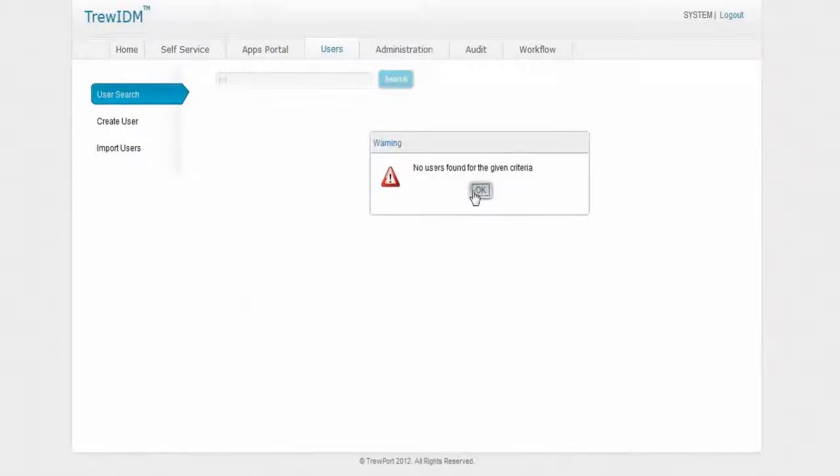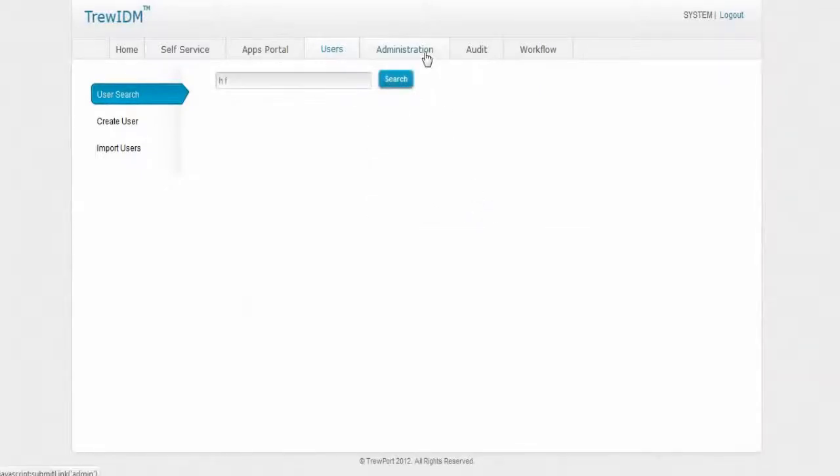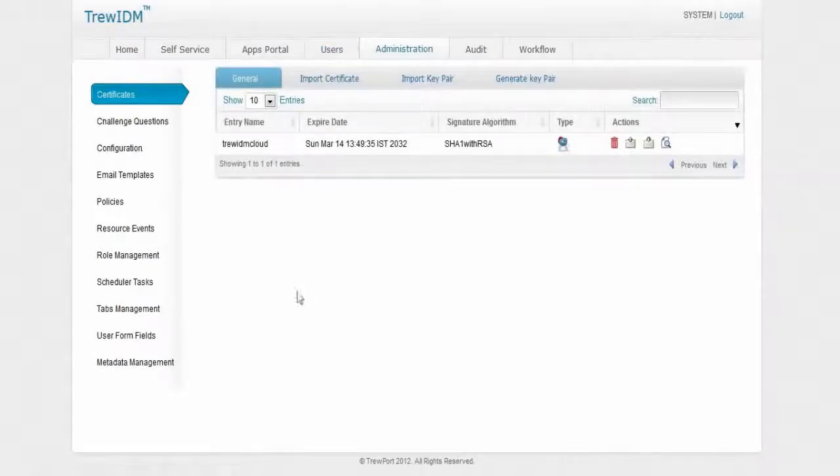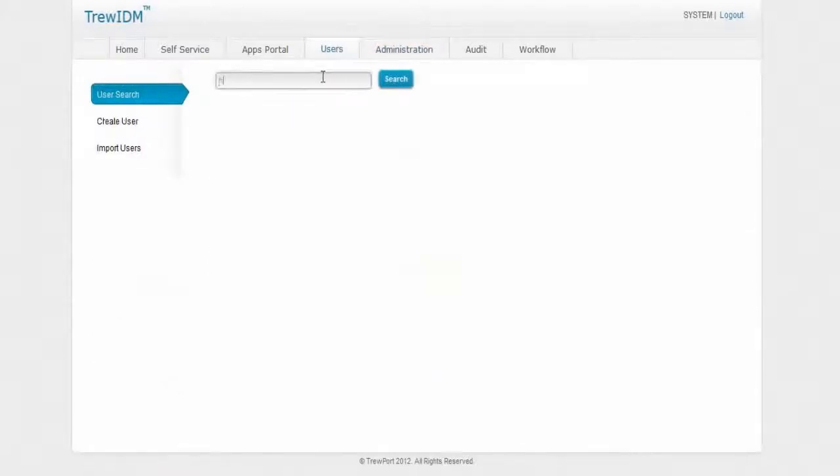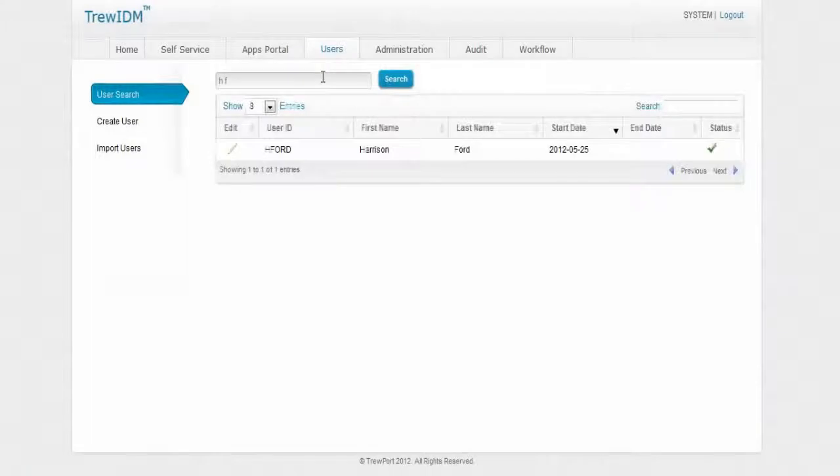Let's go into the administration menu, click on the schedule task and click on the Active Directory users recon, which is configured in trusted and target mode, and let's run the icon next to the run. The status changes to running, indicating that the schedule is currently running and fetching the users. And let's search for Harrison Ford within TrewIDM, and as you can see, the user got provisioned or created